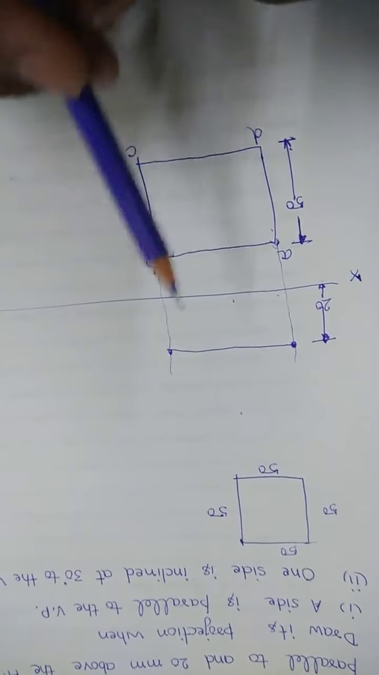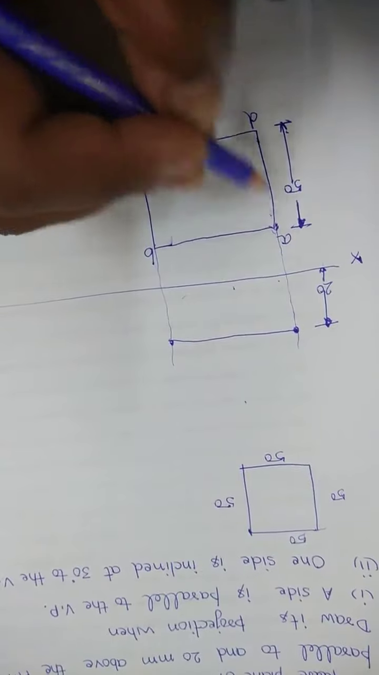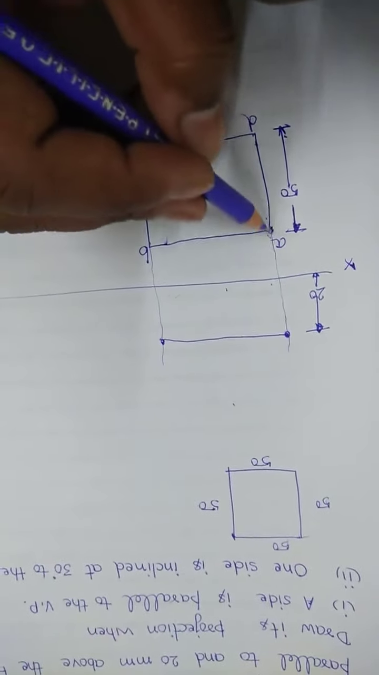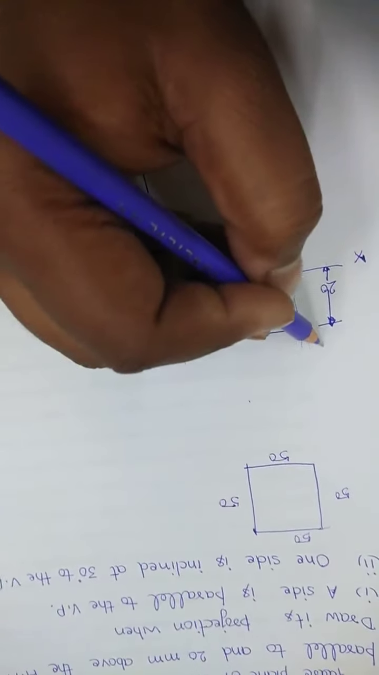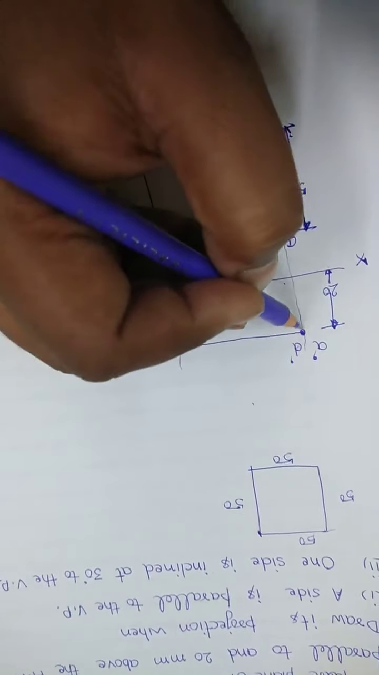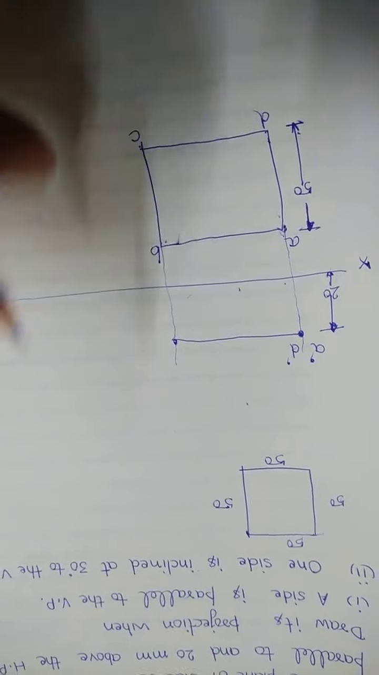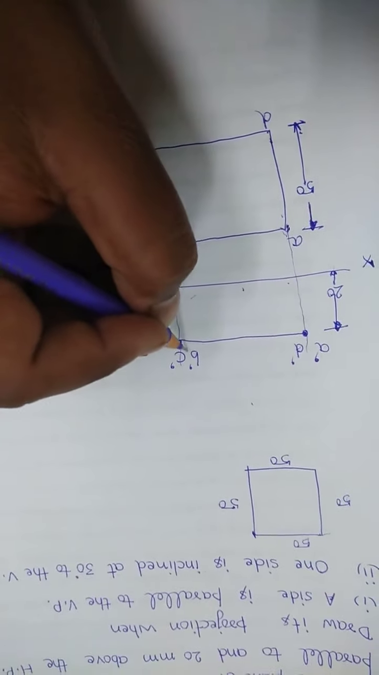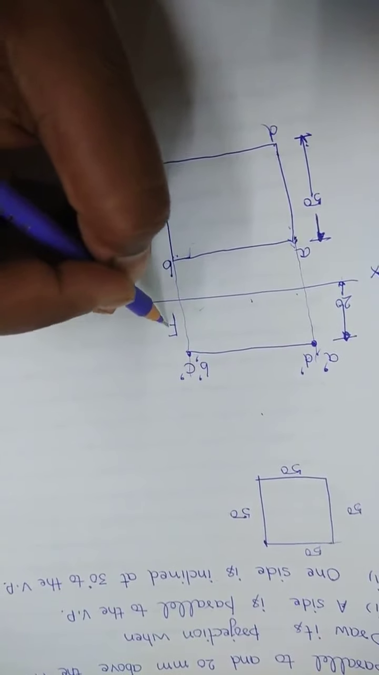Now I have to draw the projections. How? Look, children, the projector lines from the edges, points D and A, are passing through both A and D. So the projections A dash and D dash will be on this point. Likewise, the projections of B and C will be here, B dash and C dash. So this is your front view, this is your